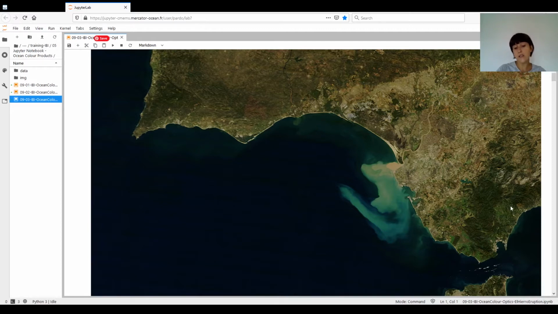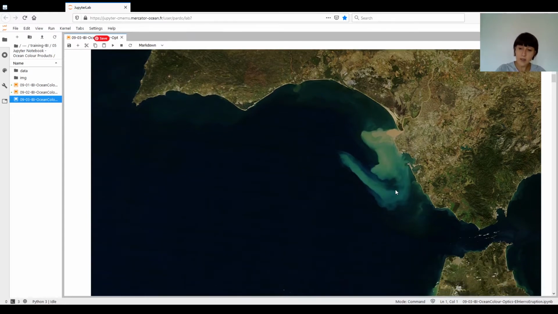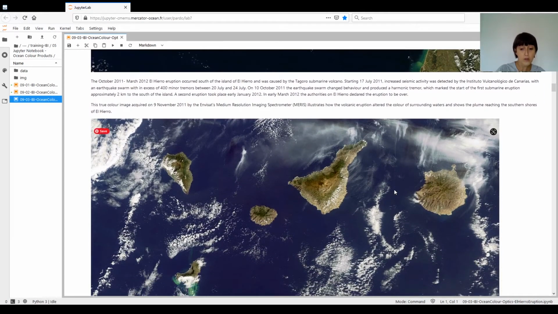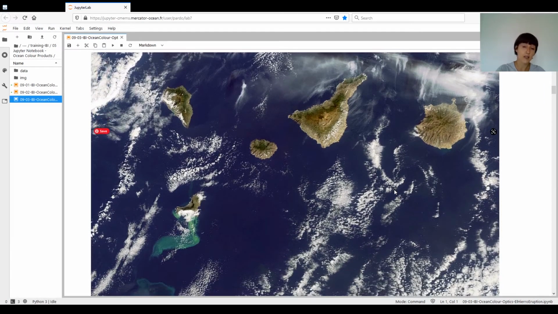And we can easily identify this as a mud type sediment, and we can study the shape of the sediment plume that is formed when the river deposits this sediment into the sea, and how persistent the plume is, how quickly it disperses, to measure, for example, currents in this regional sea. But this is a fantastic example, but probably the most spectacular event that we will study in this exercise